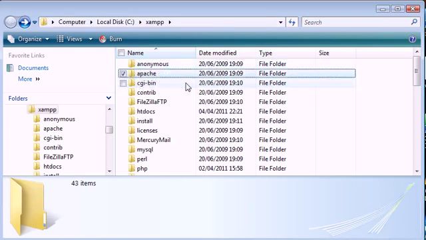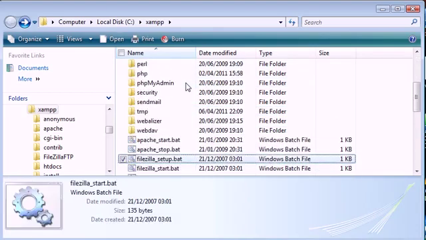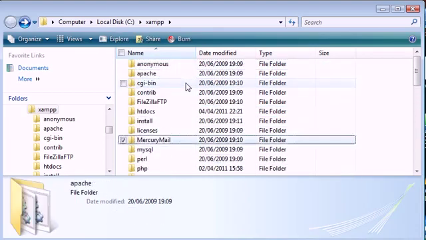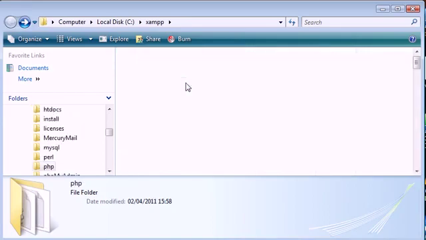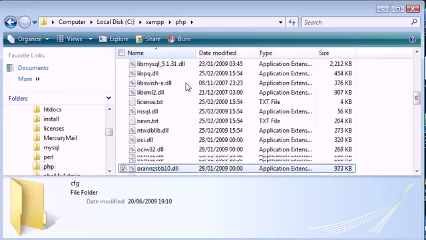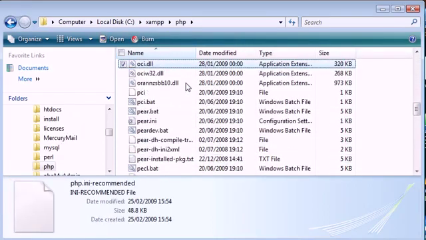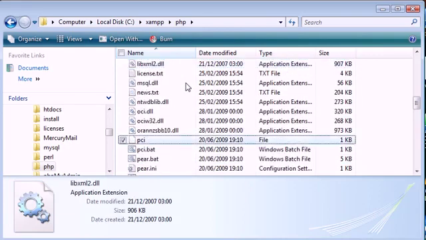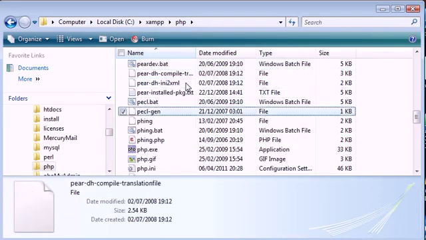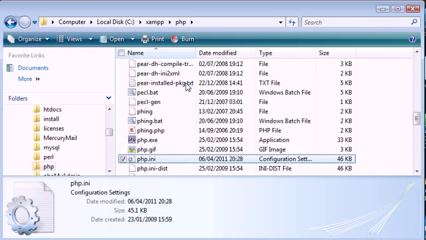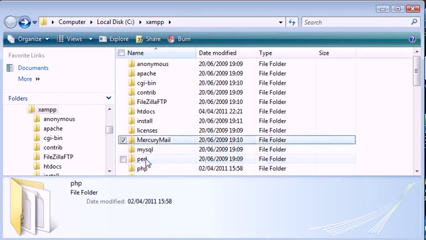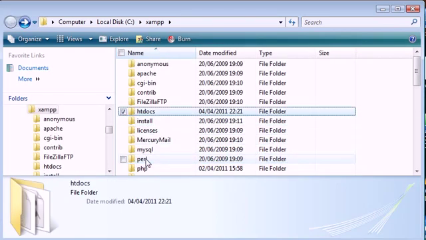Okay, so in here we've got a few folders you can see, some of which are useful to us, some of which are not. We have our PHP installation folder, which contains all our DLLs, php.ini, so let's find that. We've got php.ini here, etc, etc. So there's another tutorial on php.ini, so go and check that out. Okay, so htdocs is the folder that I want to focus on in this tutorial because we're going to be